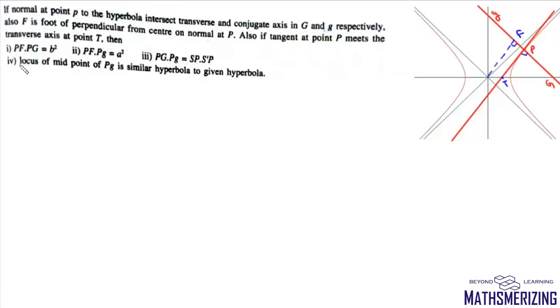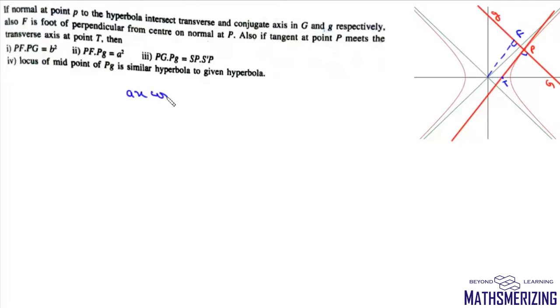Now we need to prove that PF into PG is B square, PF into Pg is A square, PG into Pg is SP into S dash P, and the locus of the midpoint of Gg is a hyperbola similar to the given hyperbola. Now we know that the equation of the normal at this point P is given by